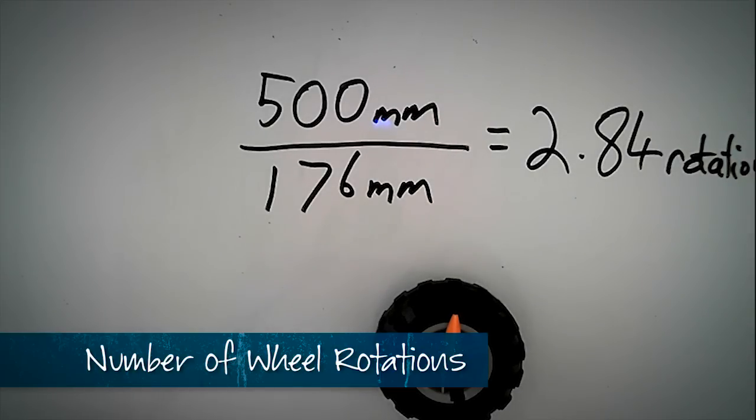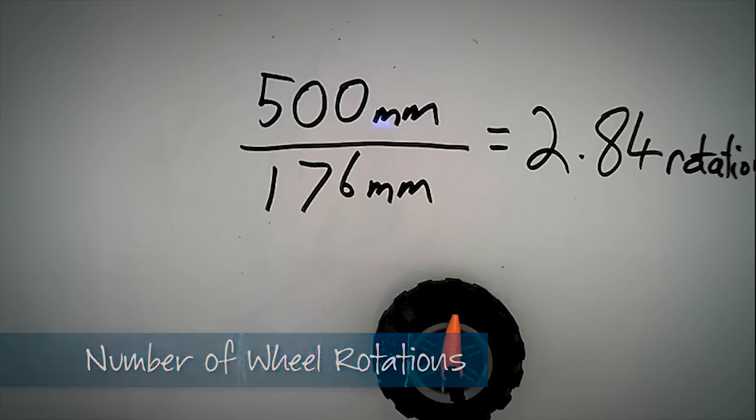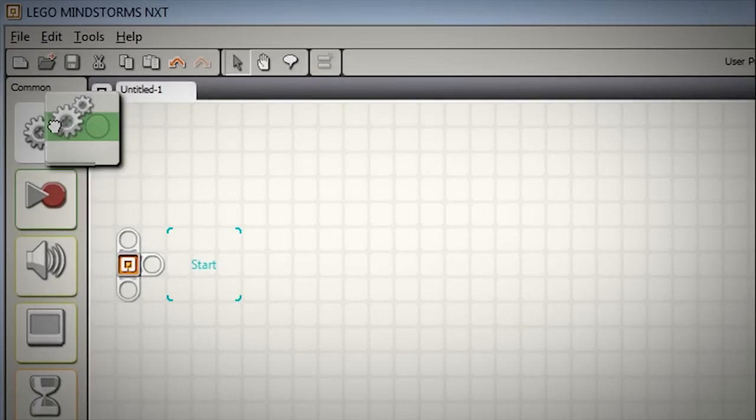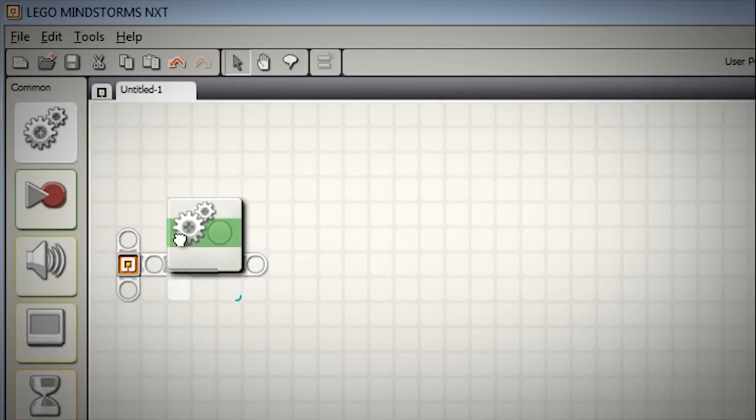What this means is, to make our robot drive forward 500 millimeters, we need our wheels to turn around exactly 2.84 rotations. Let's see how we put this into a program. Okay, so we're going to keep this program very simple. We're just going to use a single move block and get it to travel forward for 2.8 rotations, just like we calculated. So I'm going to start with grabbing a move block and drop it down on the grid space